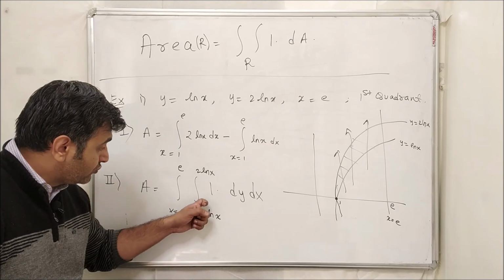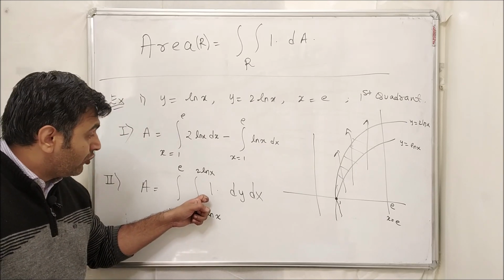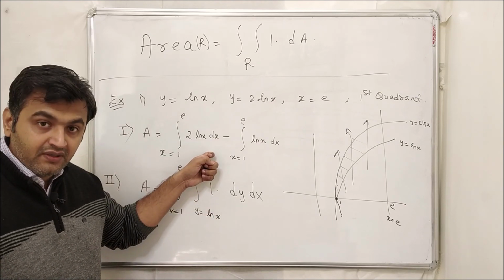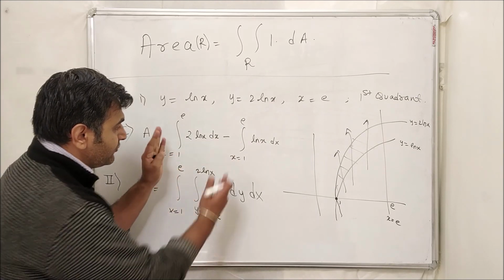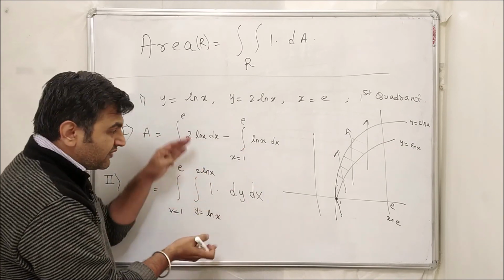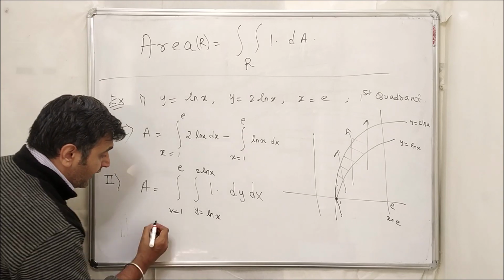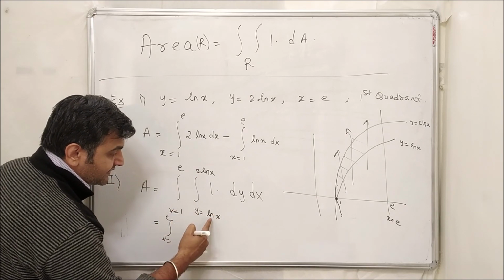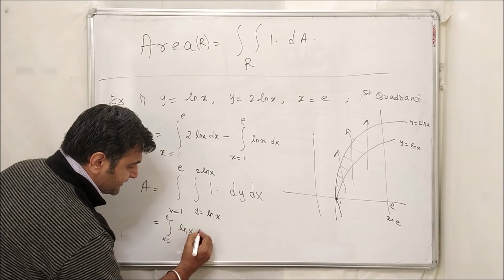Right? And now when you solve the first integration, if you observe carefully, I get this step. So it's kind of, you can say, you take out this integration common and then you apply this also as the limit. So they both are the same thing actually. And what is this? When I do the integration from 1 to e, 2 ln x minus ln x, which is nothing but ln x dx.